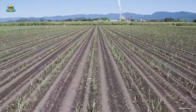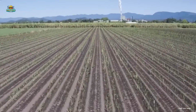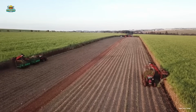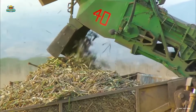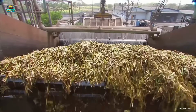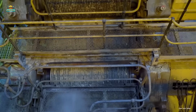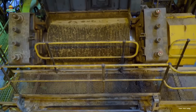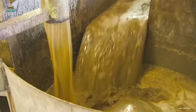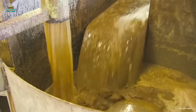The journey of sugar begins in vast sugarcane fields. When ready, the lush sugarcane is harvested, loaded onto trucks, and transported to processing facilities. The first step in processing is thoroughly washing the cane before it enters a pressing system that extracts pure sugarcane juice. However, raw sugarcane juice still contains many impurities, so it must go through a purification and filtration process before